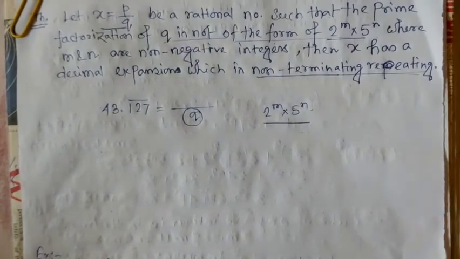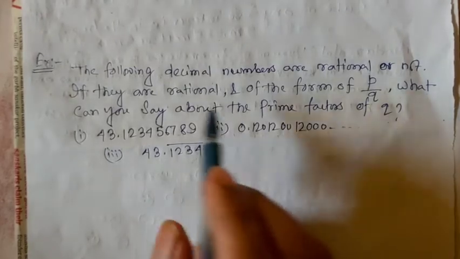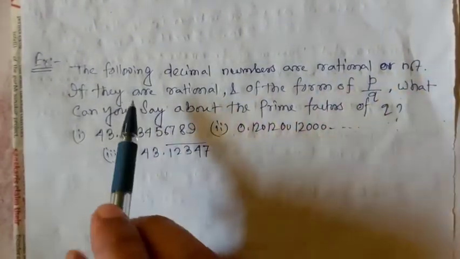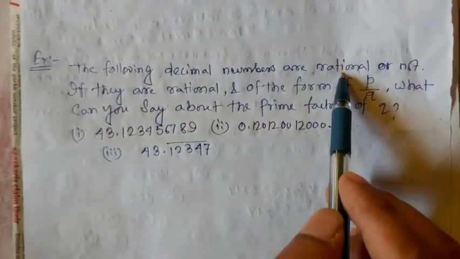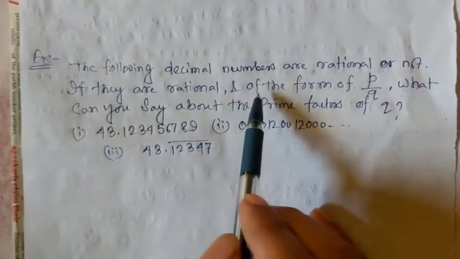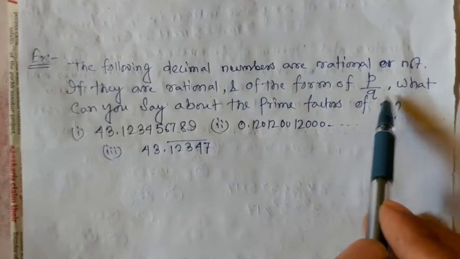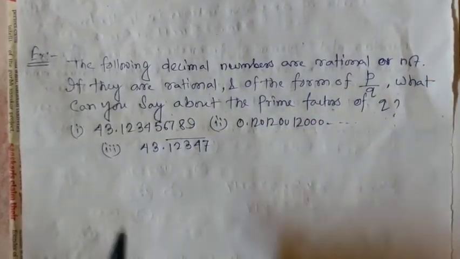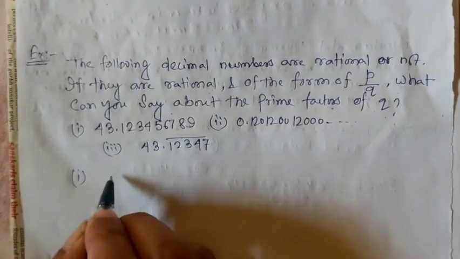Now consider some examples. Here some decimal numbers are given. We have to say whether they are rational or not. If the number is rational and of the form p by q, what can you say about the prime factors of q? So the first question is